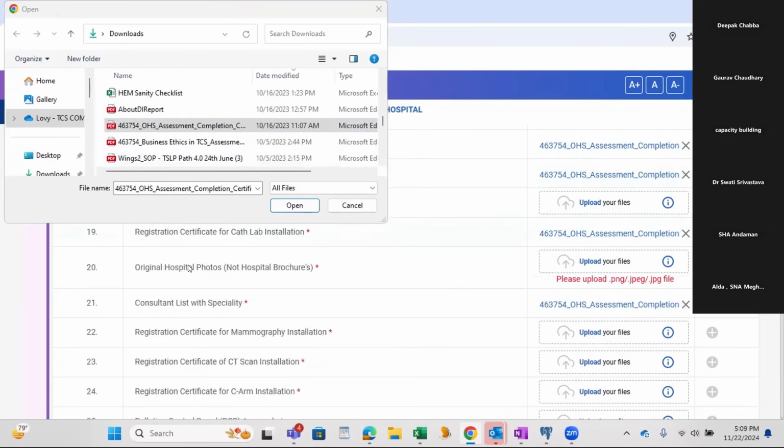This is a hospital photo we have to upload, and it is asking for a JPG image.